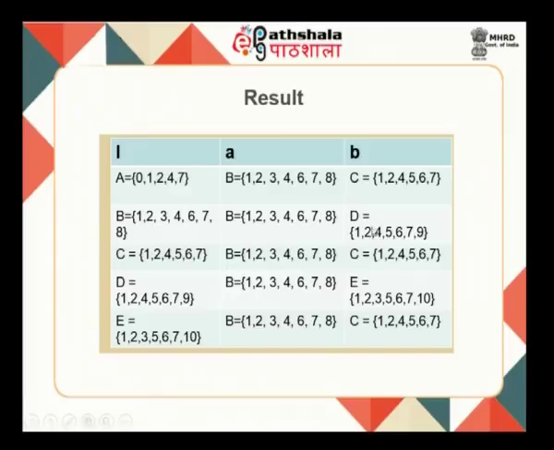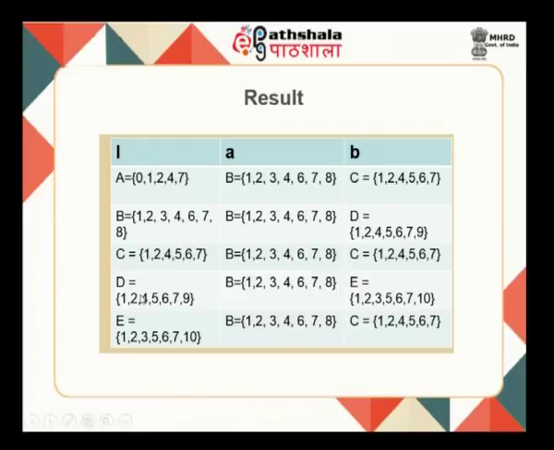Now, from this new state again I am going to define transition on A comma B. There is already one state available here, 1, 2, 4, 5, 6, 7. Again we know that from this state on A there is a transition from 2 and 7 only, which is the same state. From this state on B there is a transition only from 4, which is 4 to 5, which is this particular C itself.